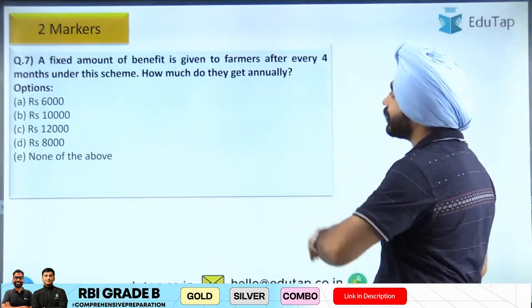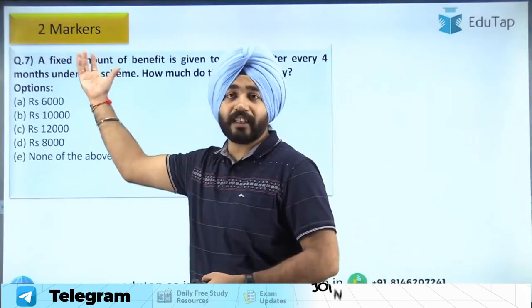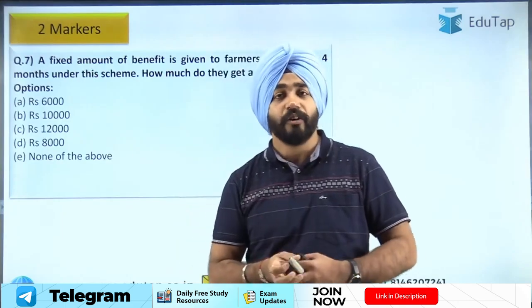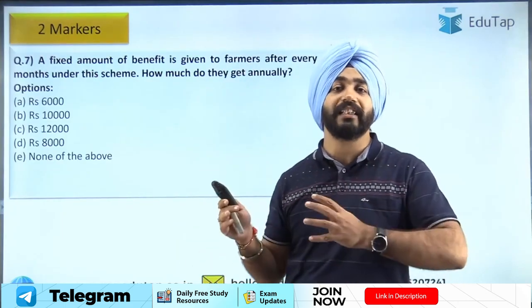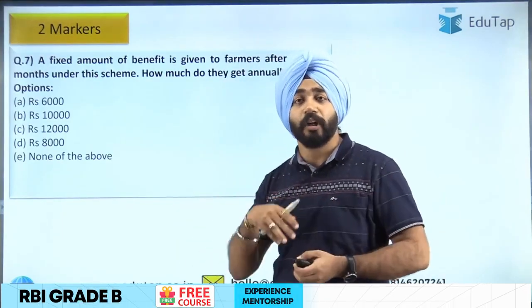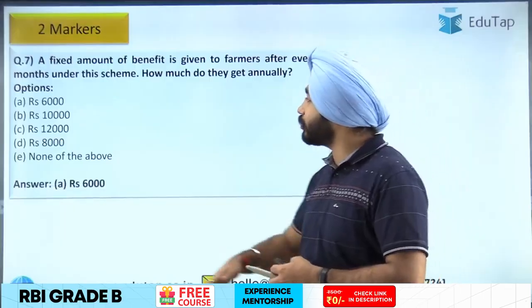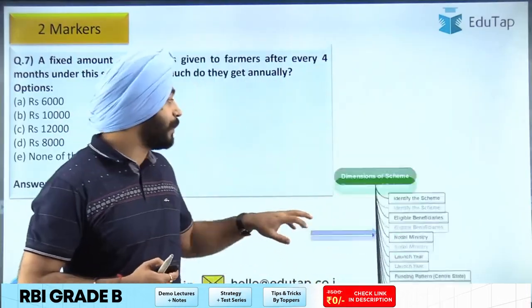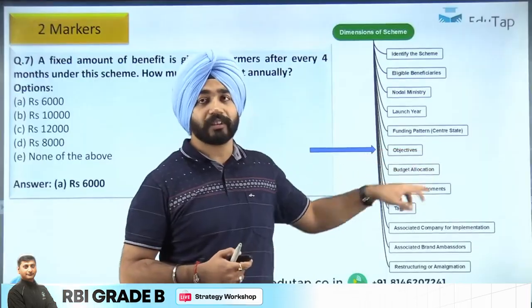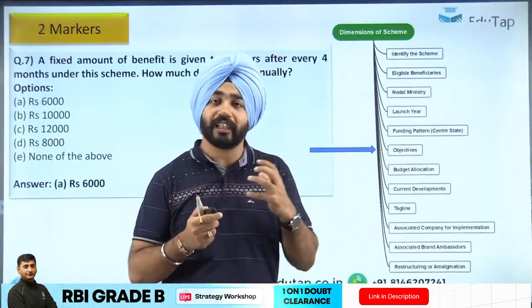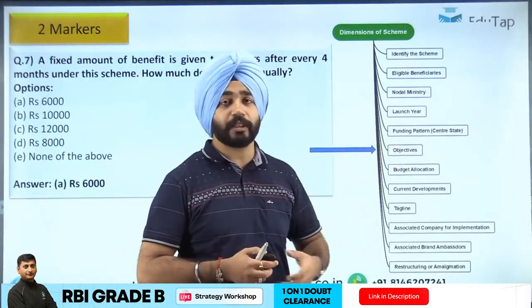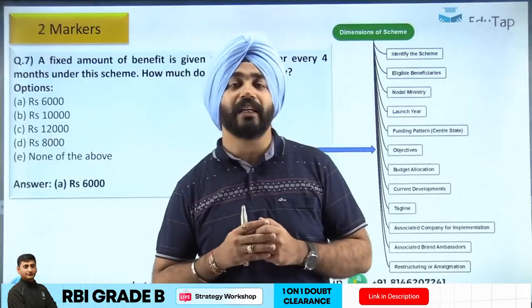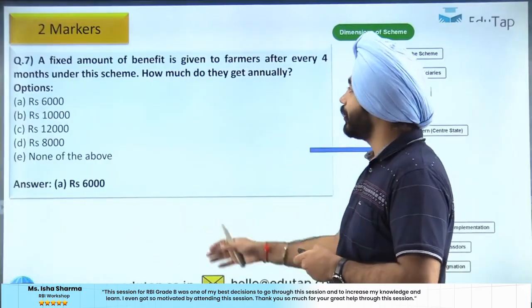Then the next question is, guys, fixed amount. देखो, basic question on PM Kisan scheme has been asked. We know what is the fixed amount of pension that is being given under the PM Kisan scheme. तो कितनी होती है? It is rupees 6,000. And again this question, if I talk about, is basically from the objective of the scheme, that is objective, features, targets. So this is basically from this specific thing that the question has been asked in your examination. ठीक है जी,